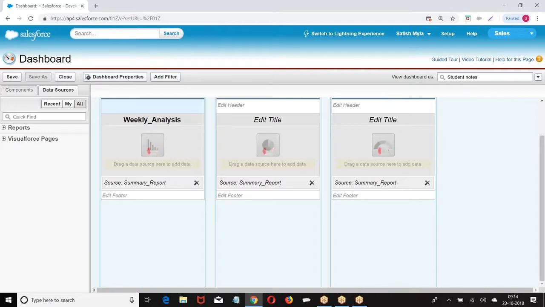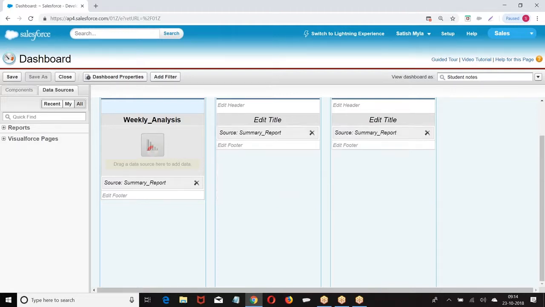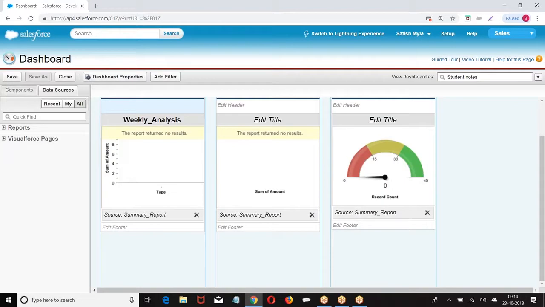Now, this is called what? Dynamic dashboard. You are not seeing the dashboard as the person who logged in. You are seeing the dashboard as the specific person. Who is the specific person? Student. With respect to student, whatever data is visible in the report, on that report the dashboard is created. Now look at that, we are getting empty because of the opportunity I told, so we are not getting any data for student and the result is empty. Now what type of dashboard is this? Dynamic dashboard, running the dashboard as specific user.